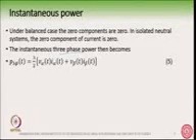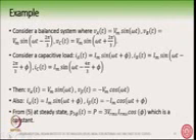So, the instantaneous 3-phase power then becomes P3 phase. The V0 I0 goes away, although V0 is present, I0 is not present. So, we can take it out. So, this is the equation. Now let us take an example and see what is the magnitude of this P3 phase T.